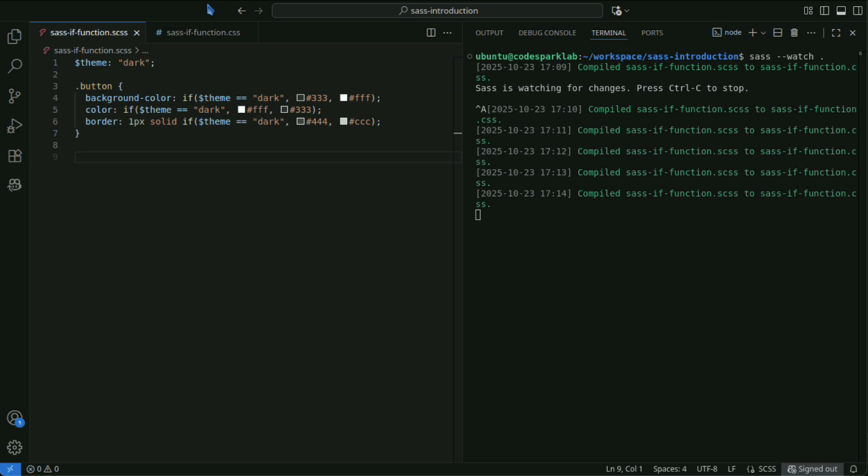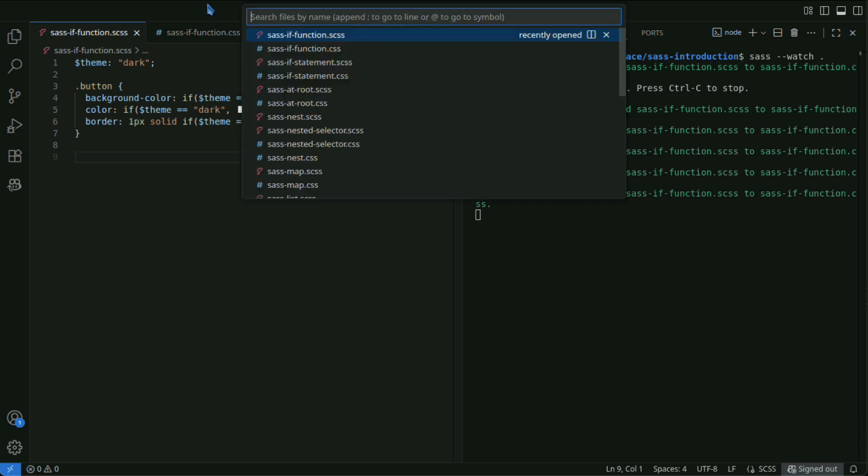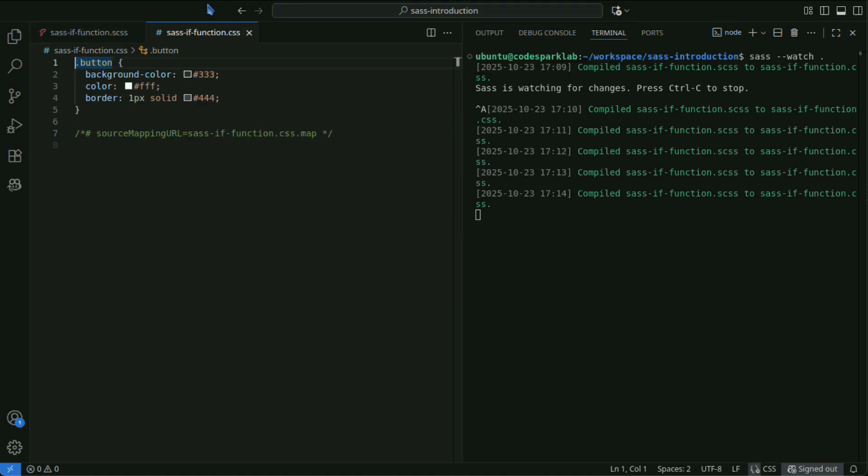The if function is used to dynamically set styles for dark and light themes. When the Sass file is compiled to CSS, it looks like this. By switching the theme, you can uniformly change the overall design.